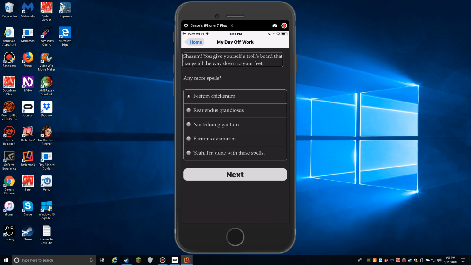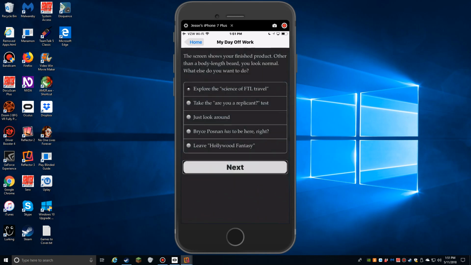Yep, thought so. Any more spells? Nah. Phenom Chickinum. Rear endus grandiosus. Nostrilum gigantum. Earime aviatorum. You can kind of tell what a lot of these are going to do. That's pretty self-explanatory. Yeah, I'm done with these spells. Next. Not quite what I thought it would be, but...